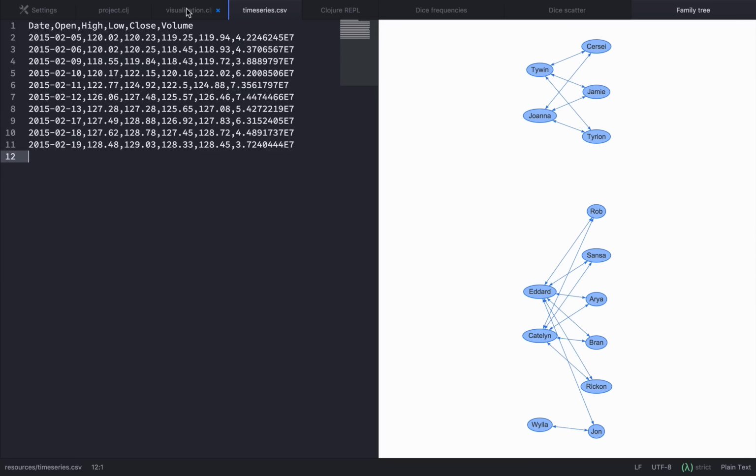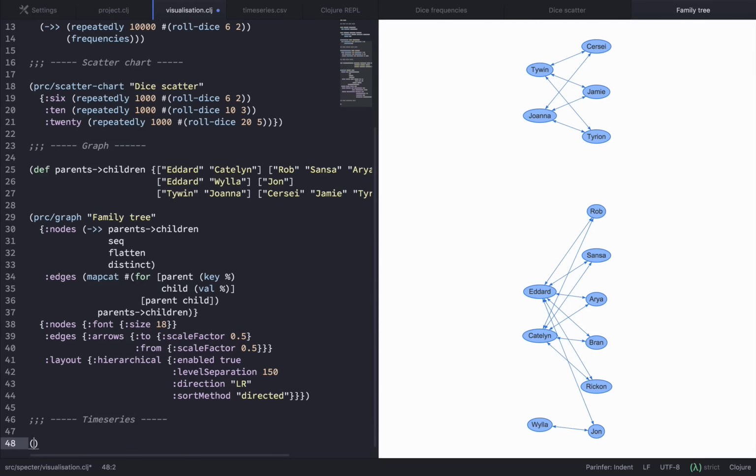So we have this CSV file, so let's slurp it in. It's resources, if I could type, I wish I could, time series.csv, but it's not capital T. Okay, so if we just run that, let's just check that we get the string. So we get a single string with all of that. So we're going to need to do some processing, because